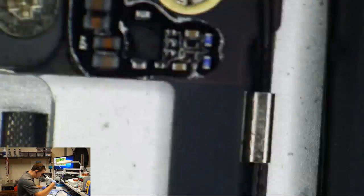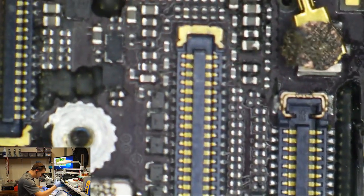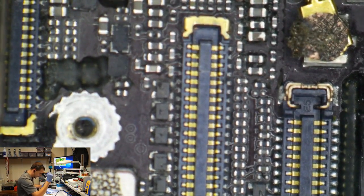Just a water damaged phone. No, the water damage indicator isn't tripped, but that's not really trustworthy. When we get right down in beside here, I see a lot of poking. Okay, so rather than just go nuts on this thing and pick everything off the board